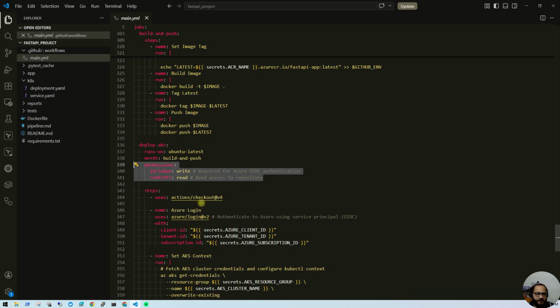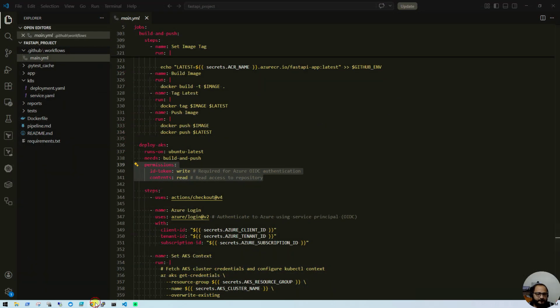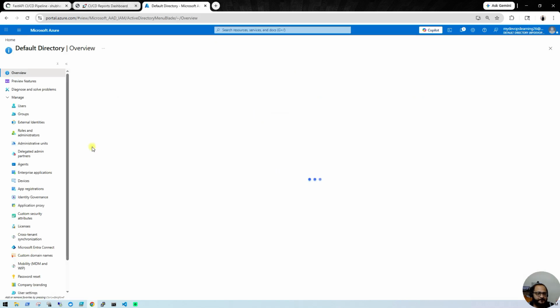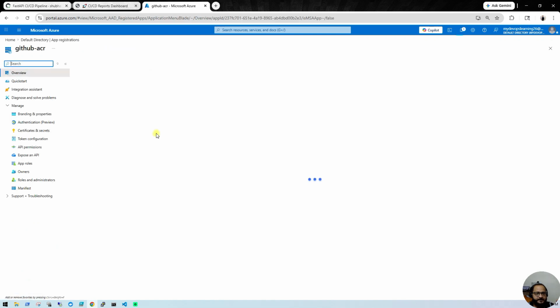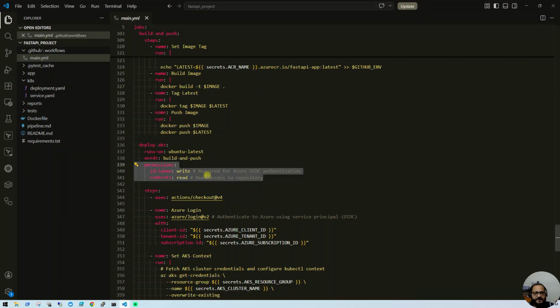Let me show you a quick recap on the Azure portal. If I go to my Microsoft Entra ID and app registration, then certificates and secrets, then federated credentials, this is what we have created here. Using this, our workflow is going to generate a GitHub token, and for that token we need some kind of permissions. So if I go back to my VS Code, that's what these